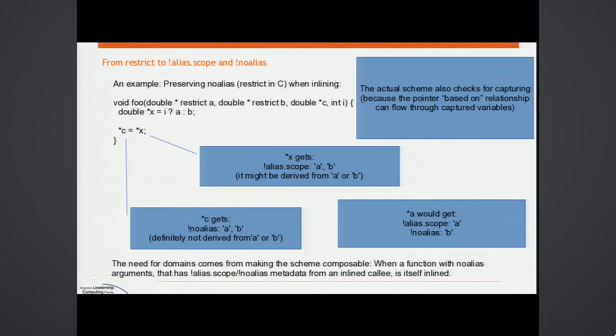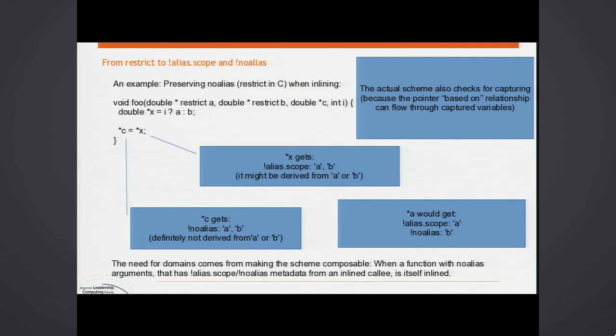Well, so we have this metadata. And the way that we use this metadata in order to preserve the aliasing information is essentially the following. Each of these restrict no alias pointers gets assigned an aliasing scope. So the aliasing scope means things that are derived from this pointer. And so each memory access can be tagged, optionally, with a scope, meaning I derive from that pointer. Or it could be tagged no alias to that scope, meaning I know I don't alias with stuff derived from